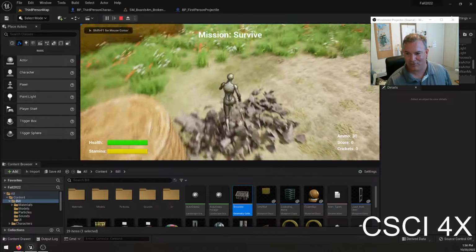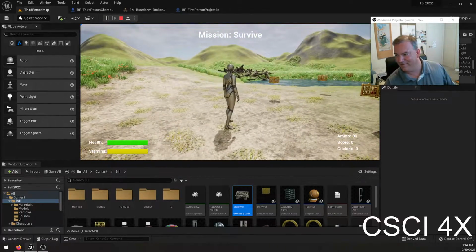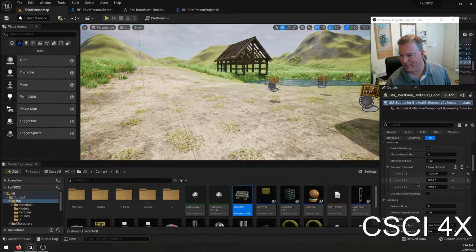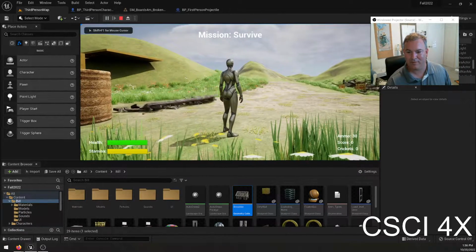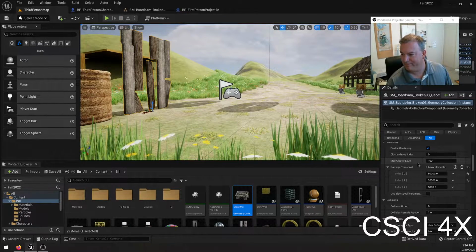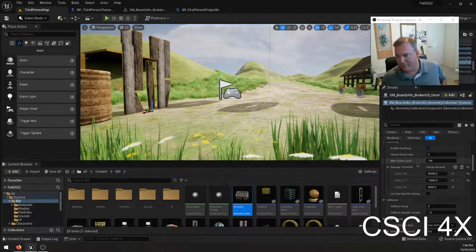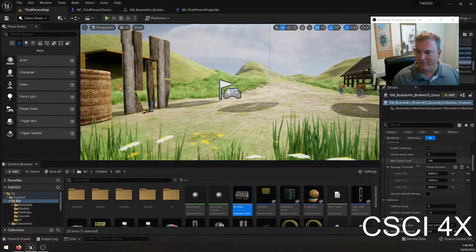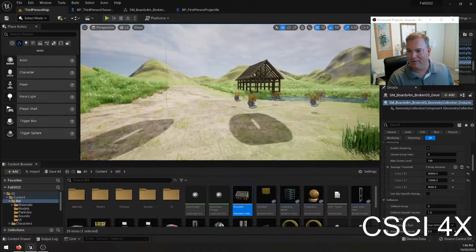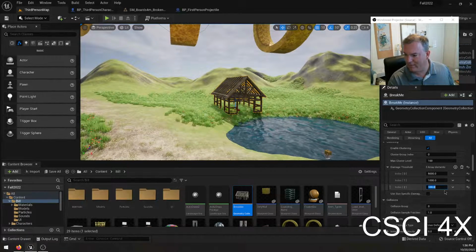You set the damage threshold too low, you can see the thing just disintegrates. So yeah, these values, you can play with them, I guess. Yeah, still too low. So that's your goal for Tuesday. So just make a nice little destructible level, put in buildings, make them destructible, play with the values so that